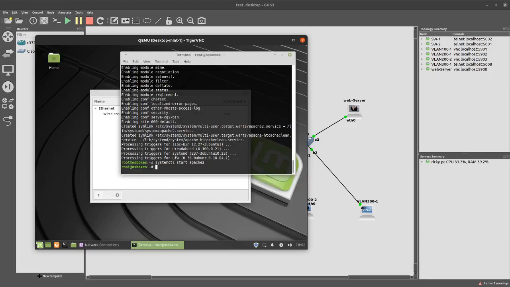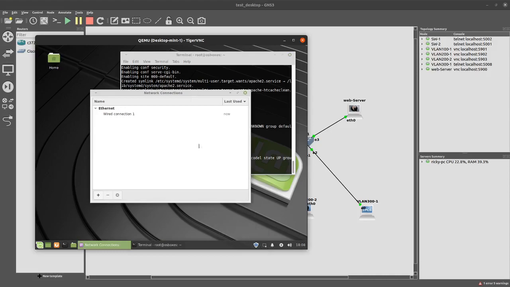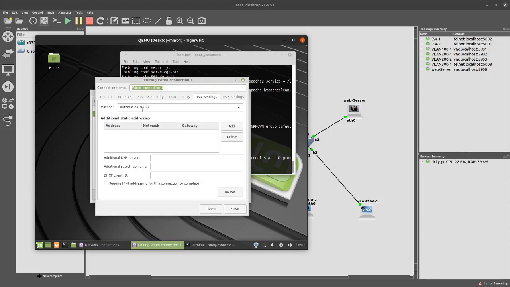Just a minute. I'll check what IP address we got here. I hope I haven't got any IP address. Yeah, I haven't configured this IP address. After installing the Apache server, I removed the configuration. So here it is. I'm going to IPv4 and I'm changing manually. So I explained this, guys. This web server is in VLAN 300. So what we are doing,